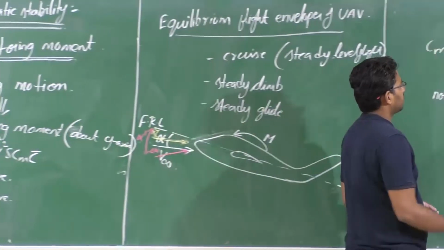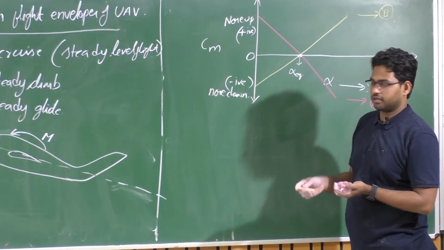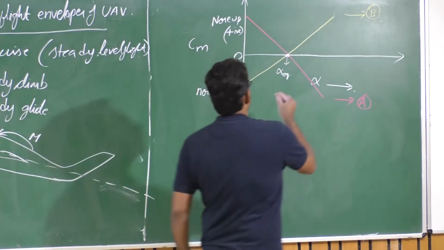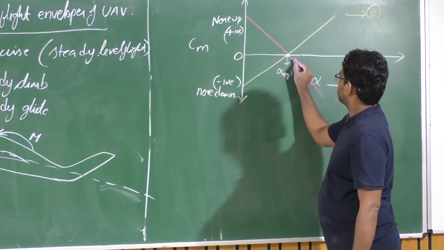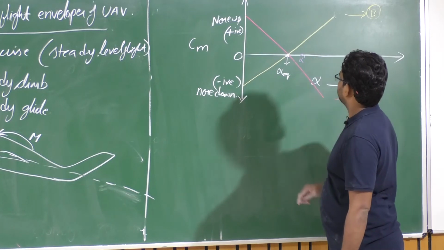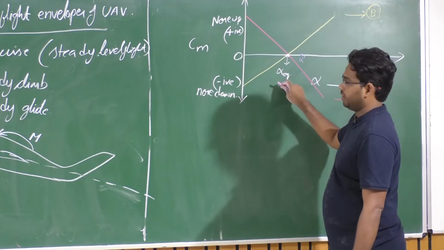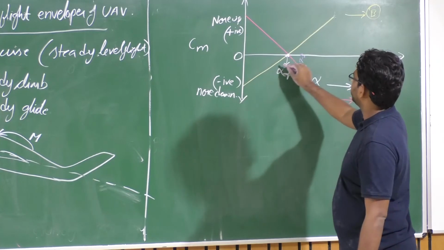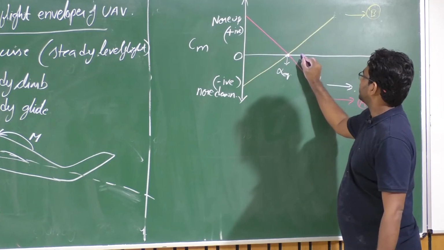So now, when there is such a disturbance in angle of attack, which has increased the initial trim angle of attack, the aircraft is now seeing alpha prime instead of alpha EQ, the equilibrium angle of attack. So for an aircraft with this particular Cm variation, this curve B, what happens with the increase in angle of attack,